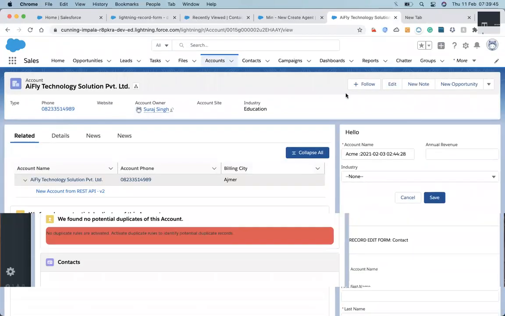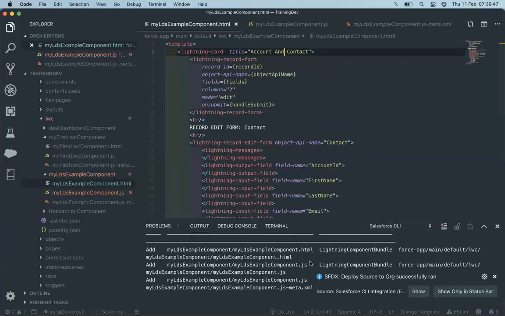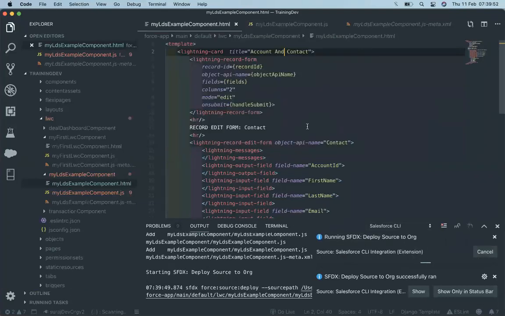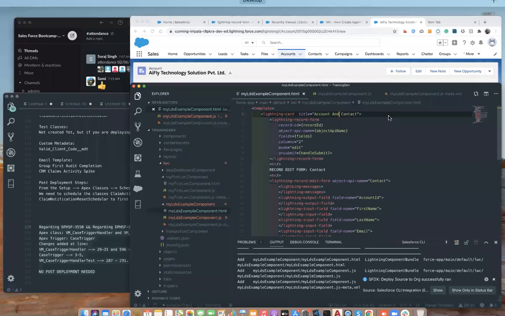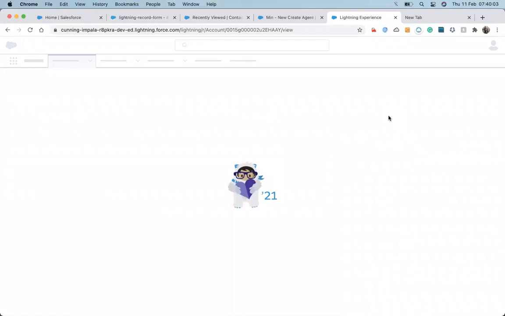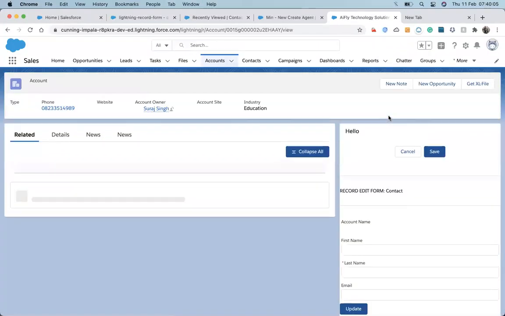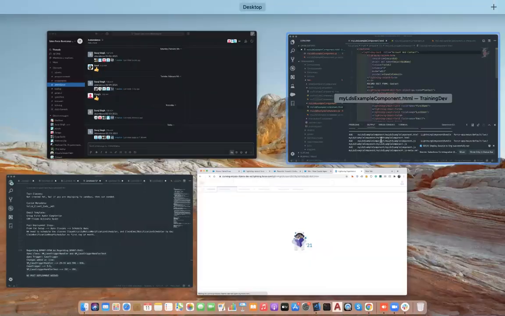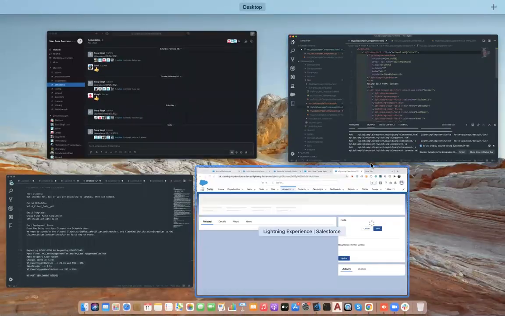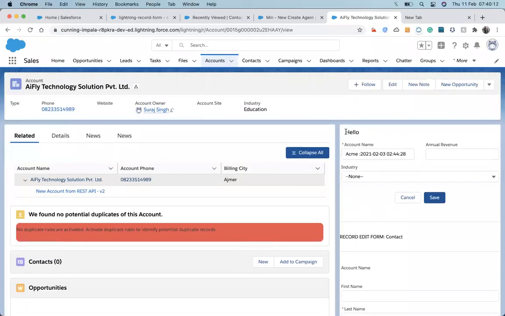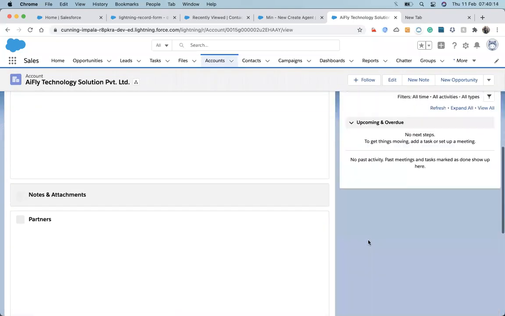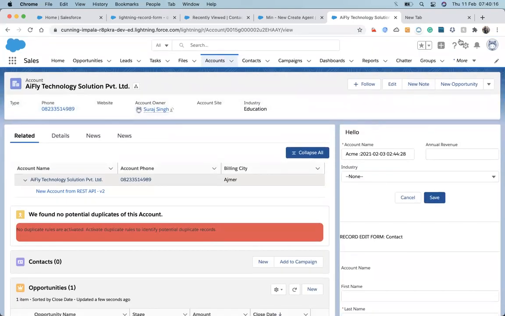It's not updating the component. That seems strange that it's not updating the component.